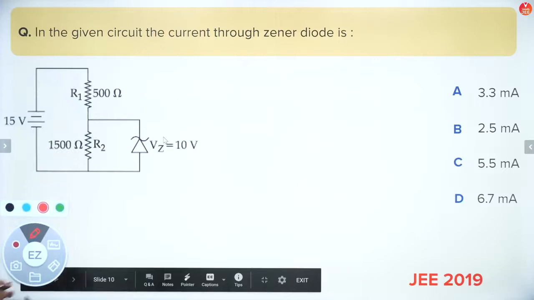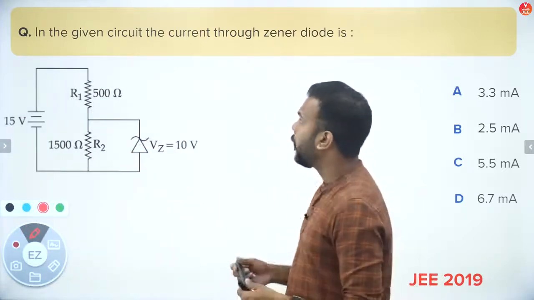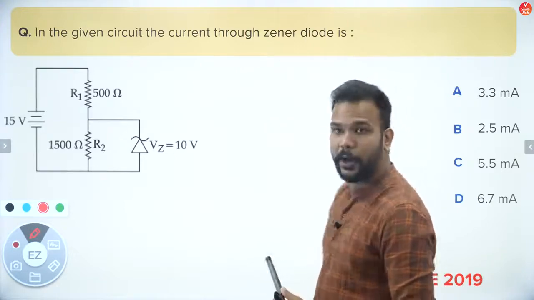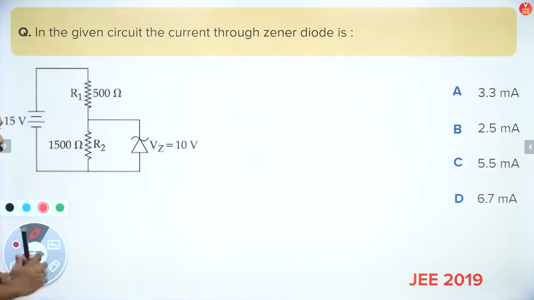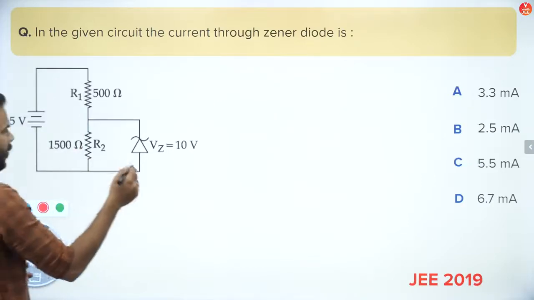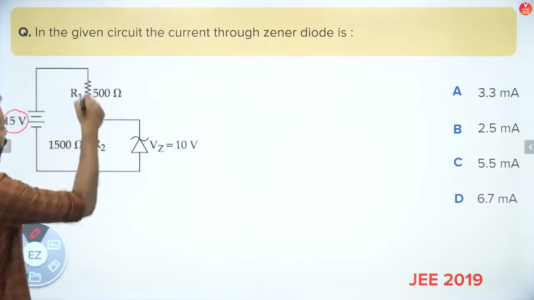Now, what does this question say? Again, there is a diode. This is a Zener diode which is connected over here. And in the given circuit, the current through the Zener diode is to be found. Well, guys, do not get scared because of a diode being in the circuit, as I am saying this again and again. So what is given to you is that there is a 15 volts battery connected, and there are 2 resistances,